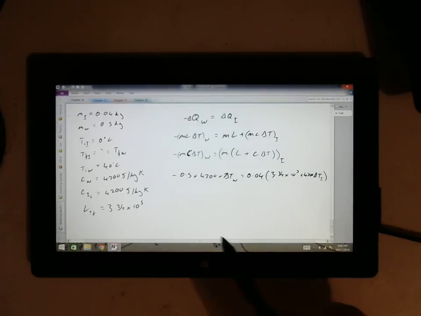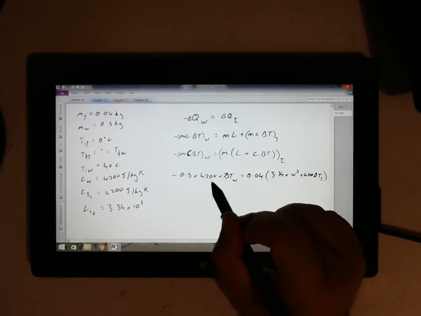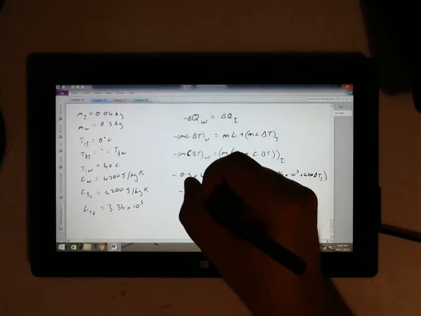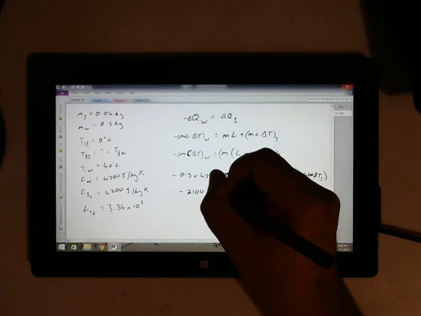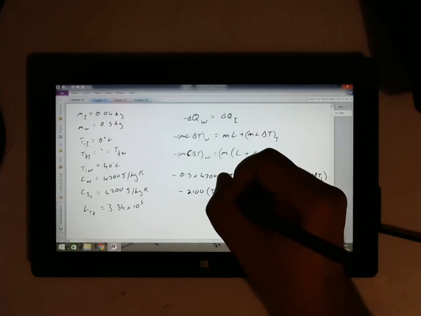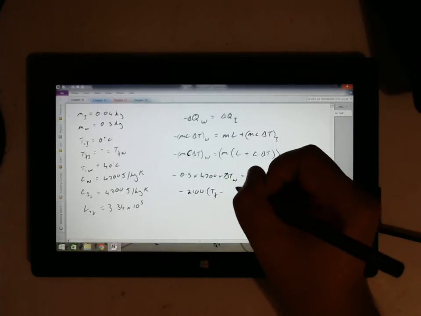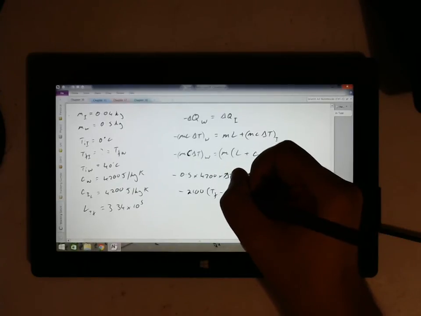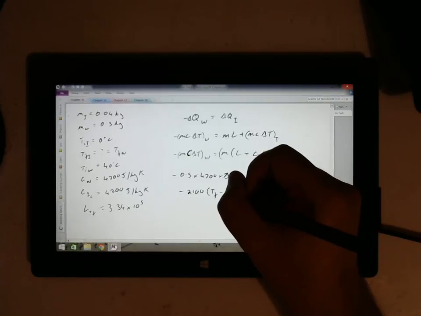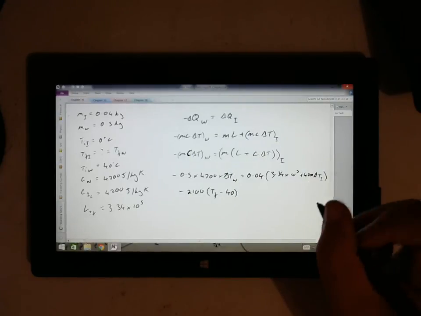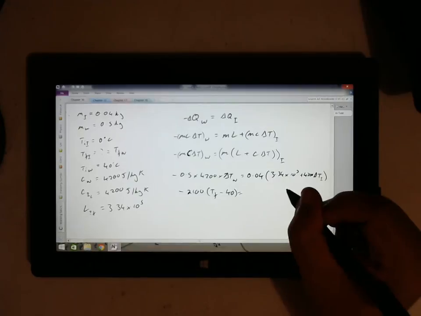Okay, let's get rid of some of these numbers here. So we've got half of that, that's just going to be negative 2100, and this in this case is going to be TF, which we don't know, take away TI, and TI of water was 40 degrees. Okay. Equals 0.04